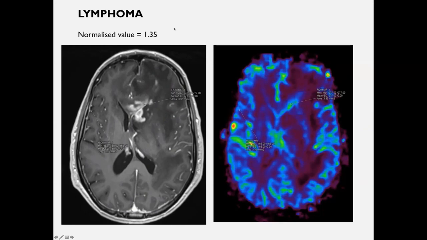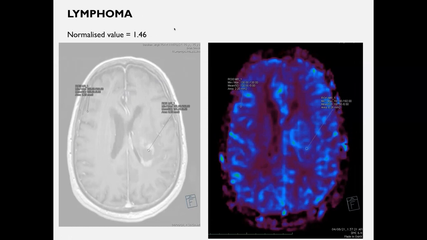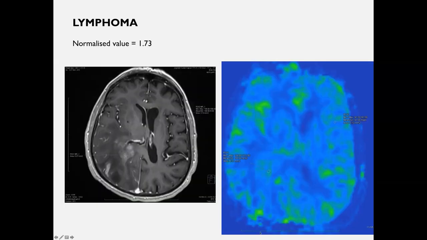So this is a typical lymphoma range. Another typical lymphoma is again around 1.46, with homogeneous enhancement, periventricular location, and perfusion values 191, 130, giving a ratio of 1.46. Another lymphoma, it's the last one, so don't get bored. This is again an enhancing periventricular, peritrigonal white matter lesion with the splenium of the corpus callosum involved. We get a ratio of 1.73. So lymphomas give us values around 1.5, plus minus; exceptions are always there. This is our institutional experience.